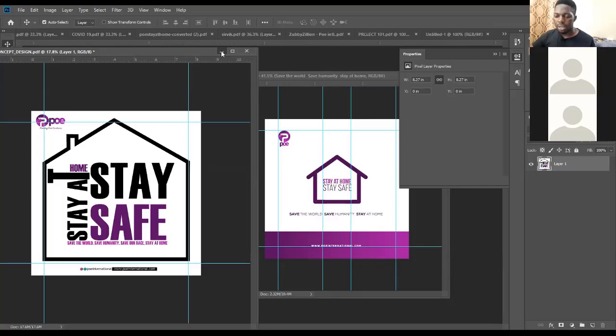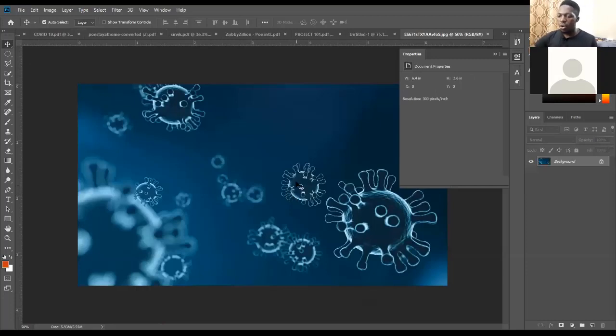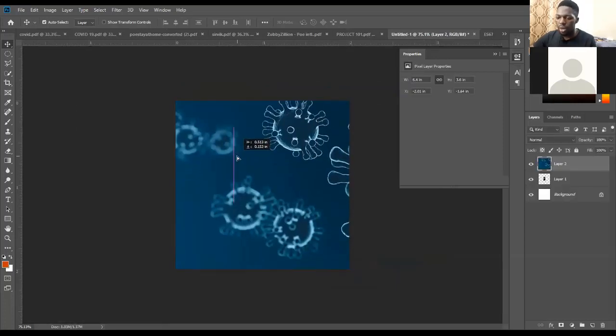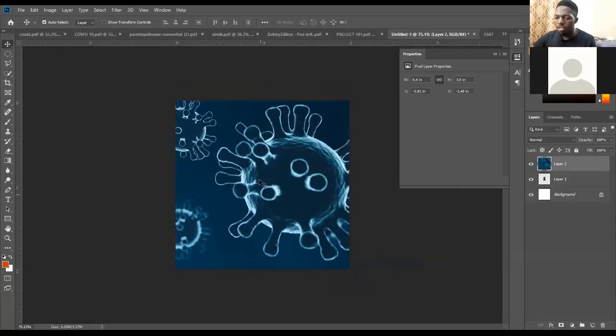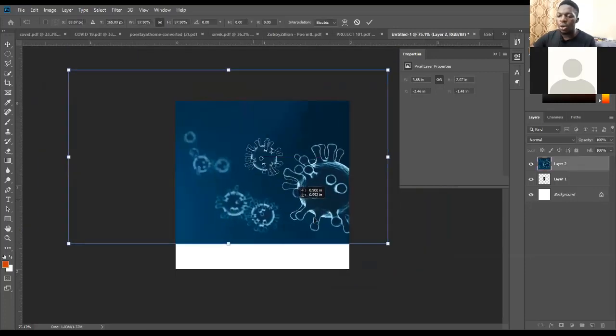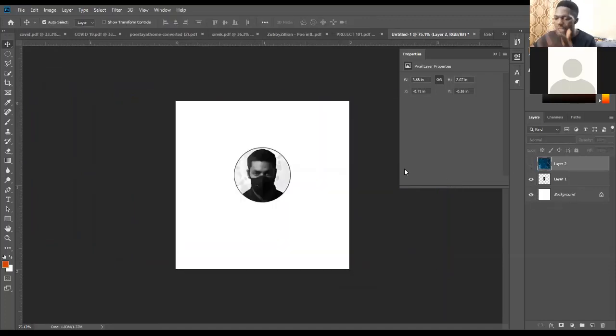And let's see. Okay, now assuming this is the coronavirus background, and I'm working for a brand whose color is purple. So what I'll simply do here is take this to the background, and this is the new design I'm working on. And this is enough for the corona emphasis. I don't need the coronavirus to be everywhere. So what I'm going to do is to create a